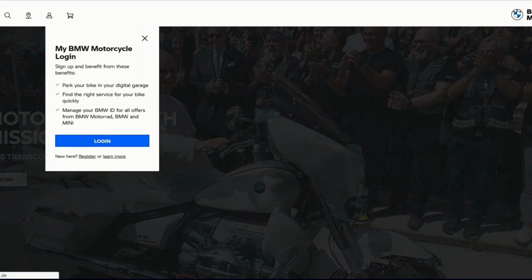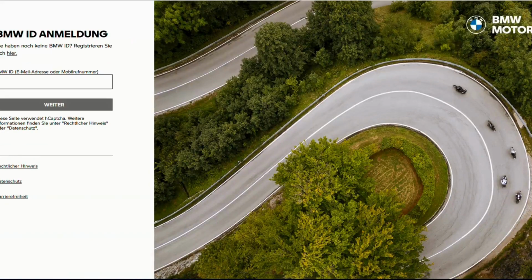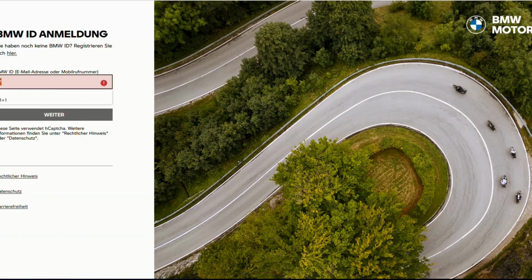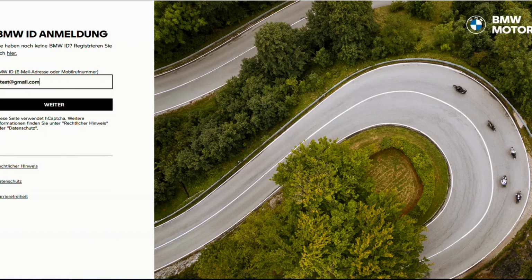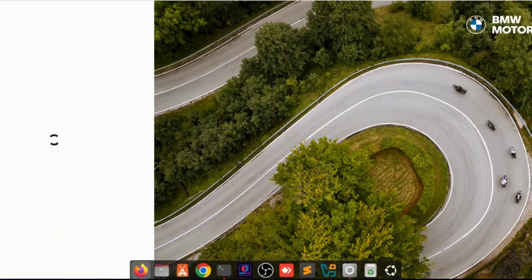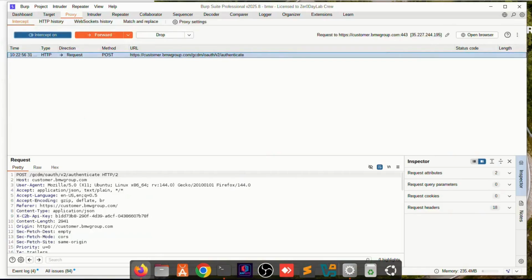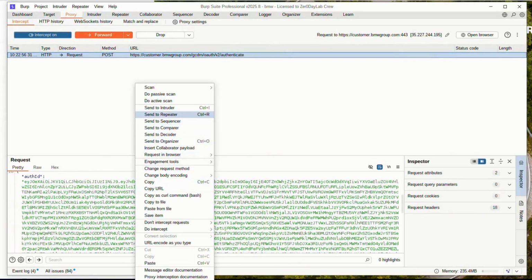Let us try to log in. Test at gmail.com, and let us turn intercept on and see if we have anything. Let us send it to Repeater.